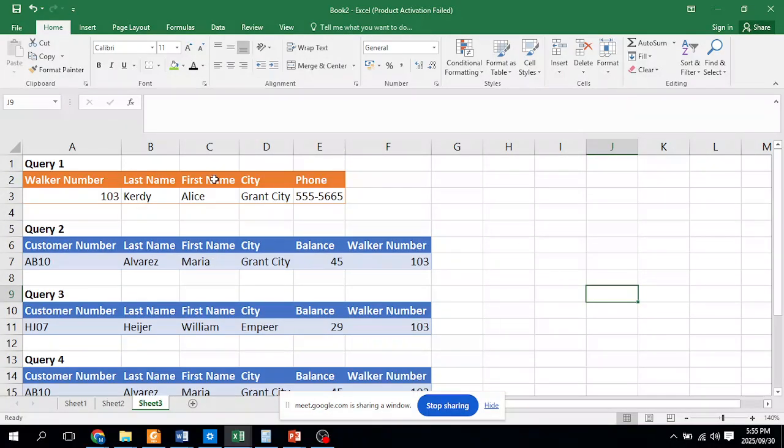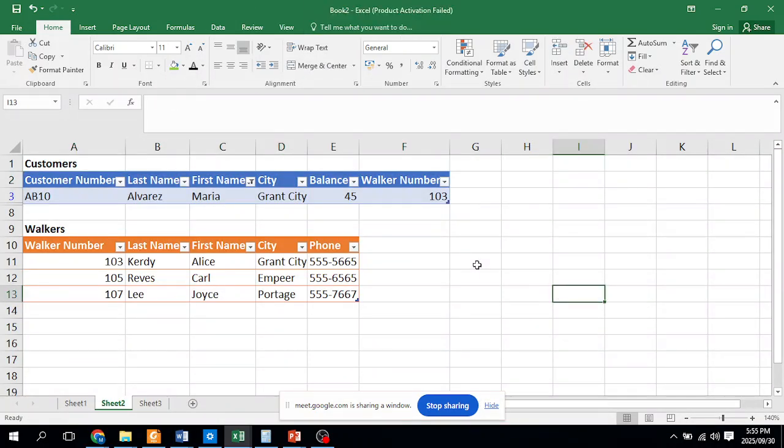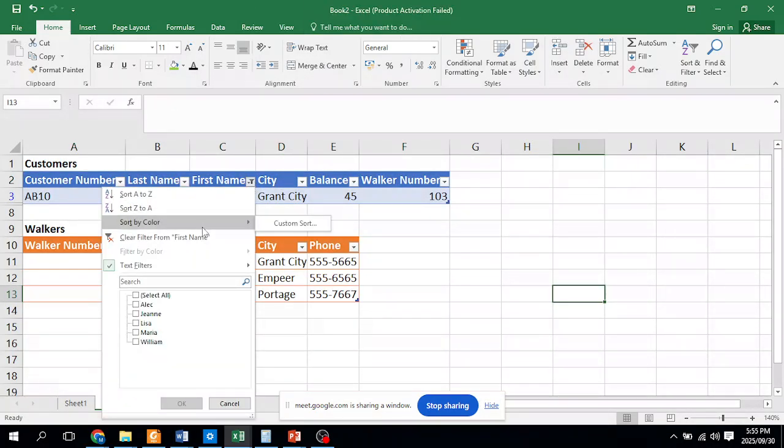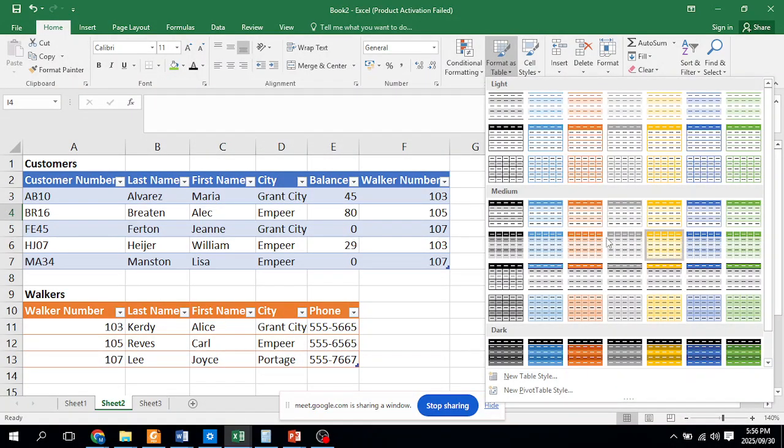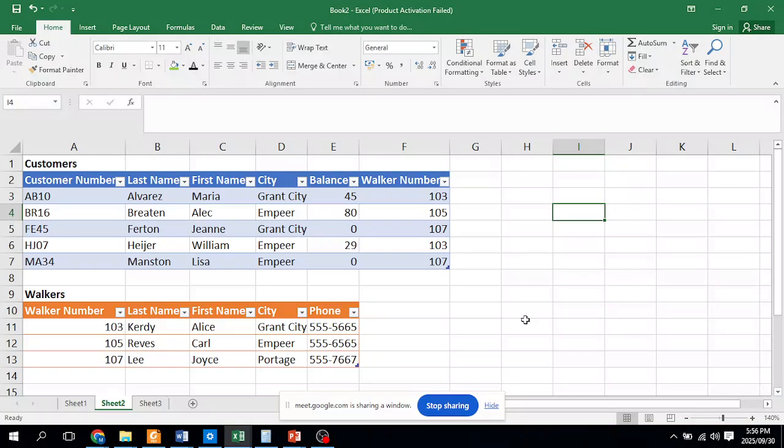You just need to know, am I working in this table, am I working in this table, and so on. So, data, again, let's just clear our filter, and we are back. So, basically what you need to remember is, when you create your table, you just start by typing the column headings. Then you select the column headings and one row below. Before you enter anything, go to Format as Table, choose one design. Remember it has headings, click on OK, and you're ready to go. And then from there on, you will just use these list arrows and you will be able to filter anything you wish.